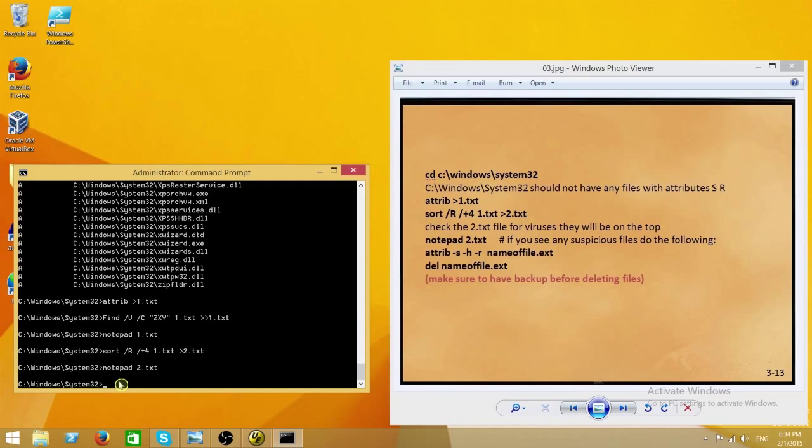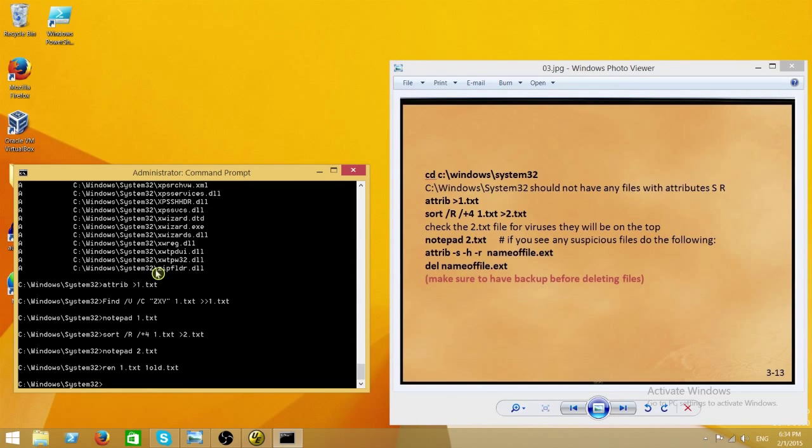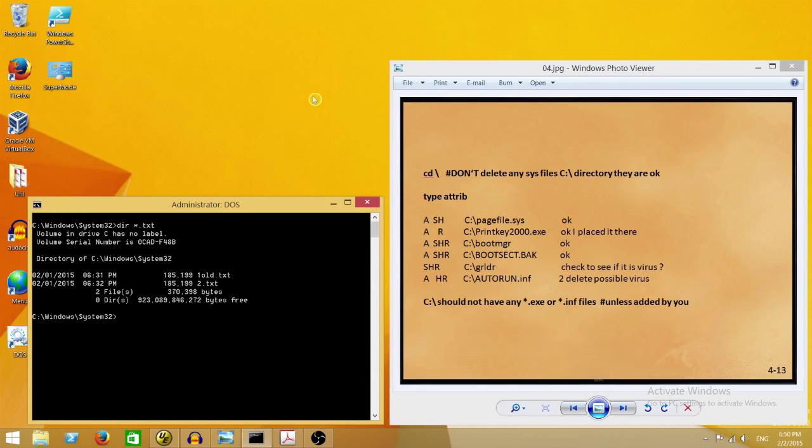Write down the number of lines that you had in the one.txt file and rename the one.txt file to one alt text. In a couple of weeks, you can do a checkup and see what new DLL or executable files are present. Change directory to the root directory